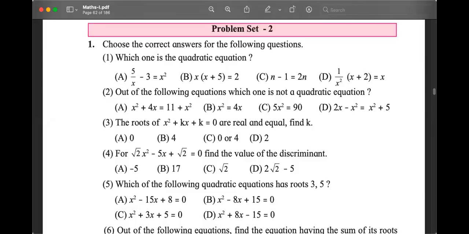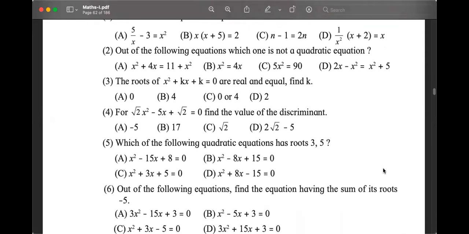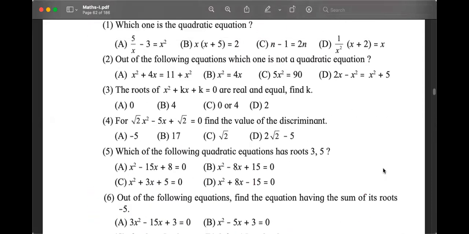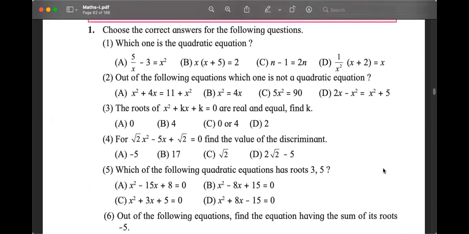A very good way of revising a chapter in Maths 1 or Maths 2 is to try answer question number 1 of the problem set of that chapter, the entire question. Because this is a fair summary. It includes almost everything that is covered in the chapter, and it is quick to do. So this is good for revision. And of course, in our exams, the first question will be like this, multiple choice questions. So we should always do this.